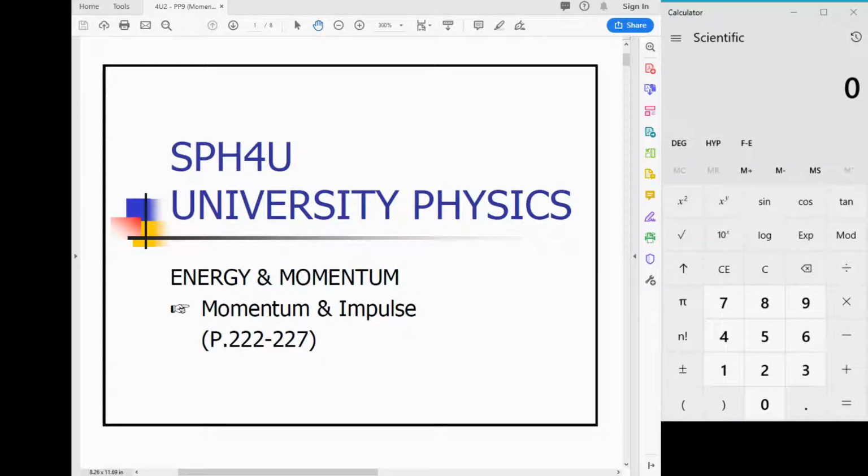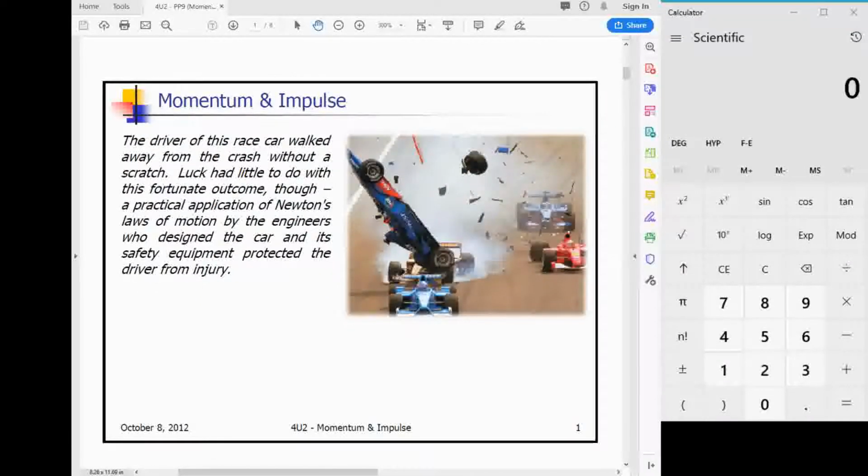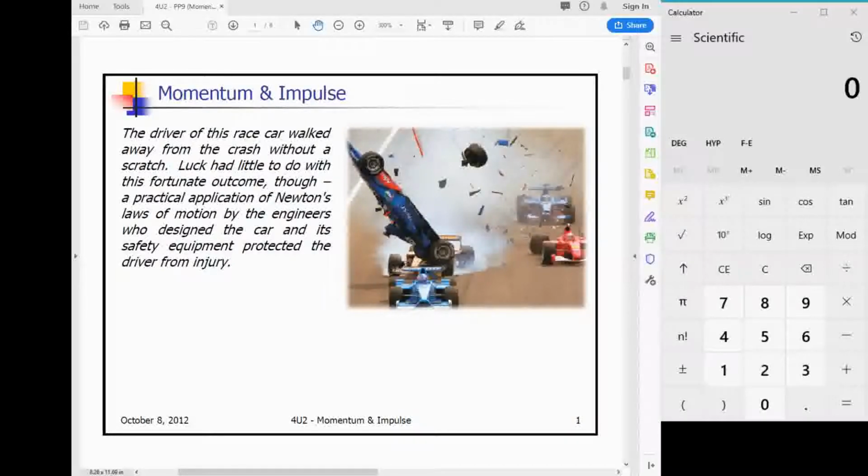So this lecture is on momentum and impulse. This starts our momentum section of the energy and momentum unit. It is section 5.1 in your textbook. Now, this first slide shows a car crash with some Formula One race cars, and it says